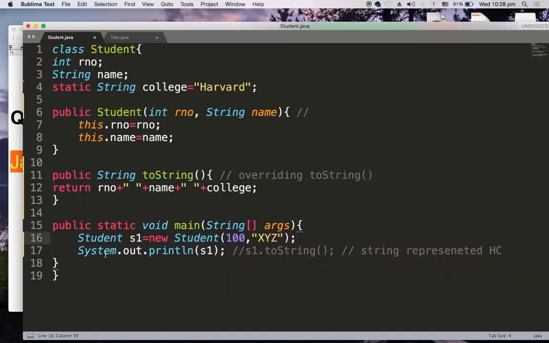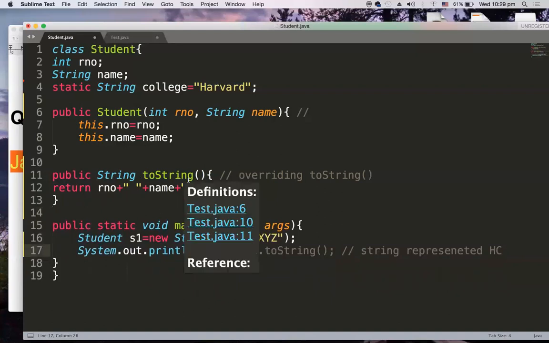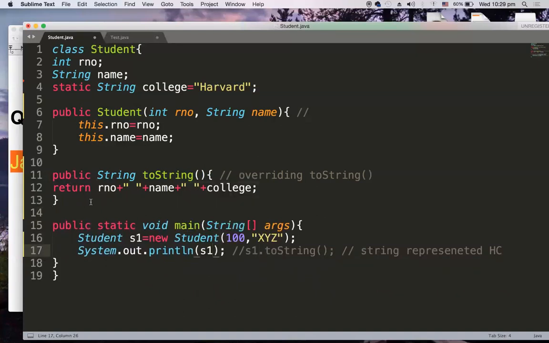But what I'm doing here is System.out.println. Whenever I say System.out.println(s1), what actually happens? s1.toString is called. The toString method available here is not from the Object class anymore; it has been overridden here. So now these bytecodes will get executed. While executing the bytecodes, what will get returned? Roll number, name and college, right? This is what happens actually.